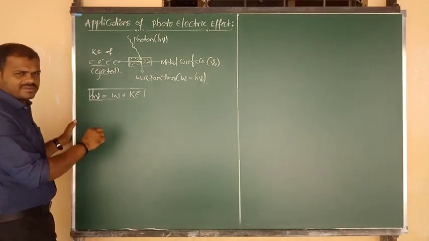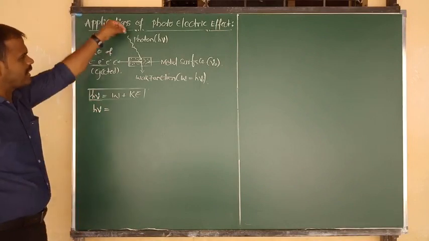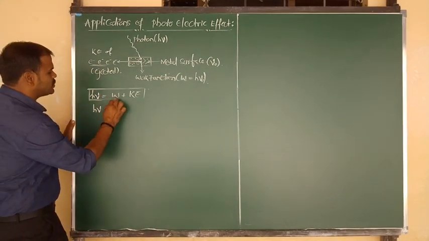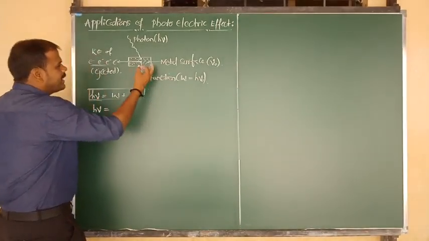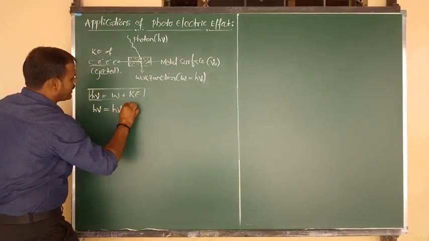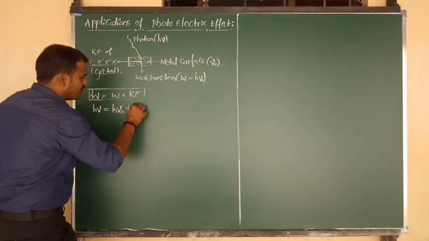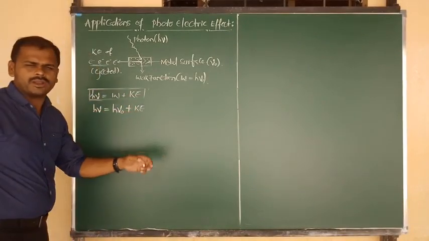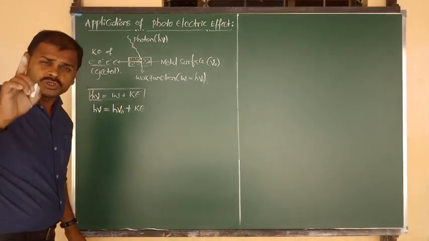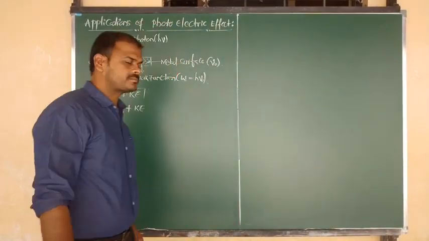And we also modified this equation. So the total energy of the incident photon is h nu. It is equal to the energy required to remove the electron, in place of W, that is h nu naught, plus the kinetic energy of the ejected electron, where we can write Ke, or we can write half m v square. Both are nothing but Einstein's photoelectric equation that was derived in the last class.